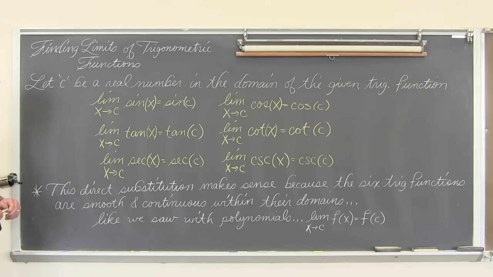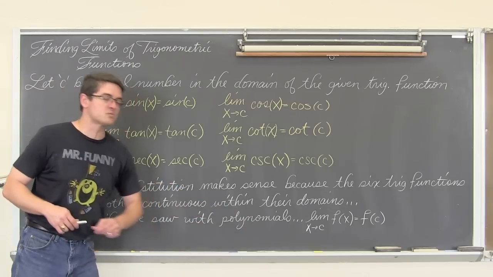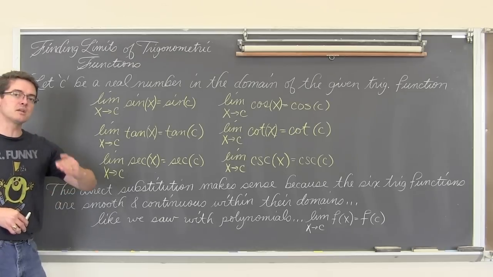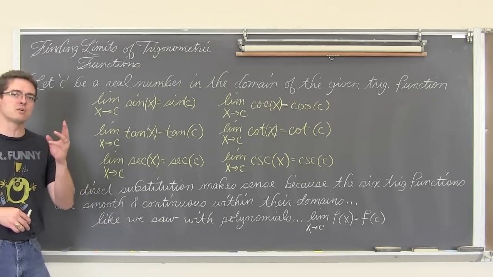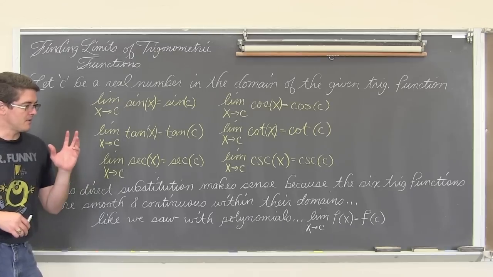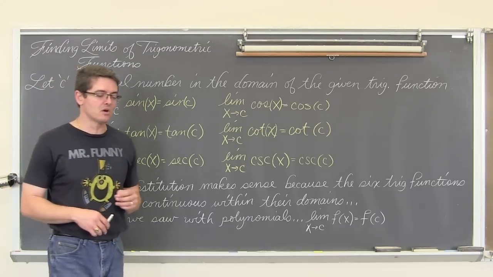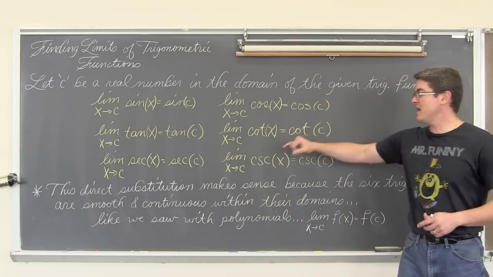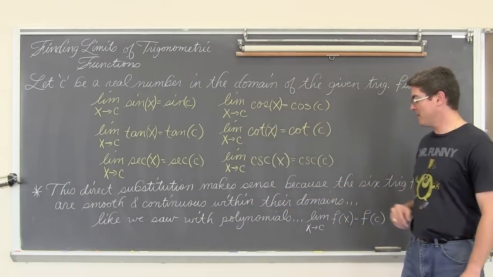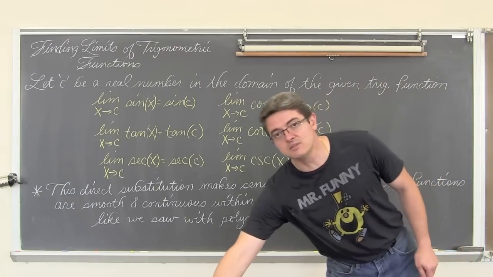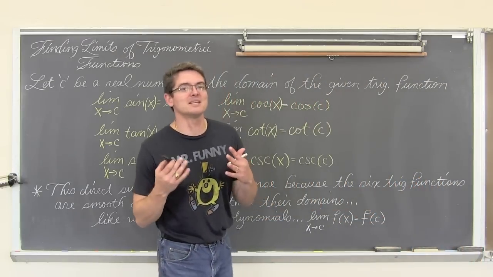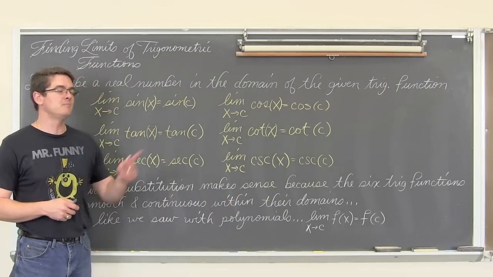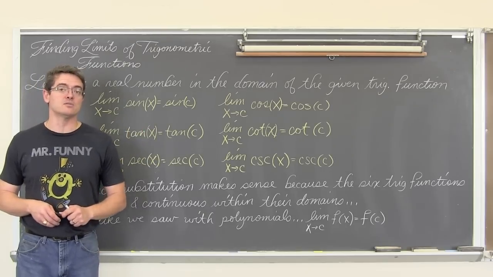And smooth and continuous curves, pretty much like your polynomials, as we started to just introduce the properties of limits, curves that are smooth and continuous, there's no sharp bends, there's no holes, there's no vertical asymptotes. Within the domain of those smooth and continuous curves, finding the limit is really not much more than just taking the value of c that x is approaching and plugging it into the function. Now, there's a lot of complexity with the idea of limits, but with these smooth and continuous curves within their domain, to find the limit at c, we're lucky enough to just simply be able to plug in those values.